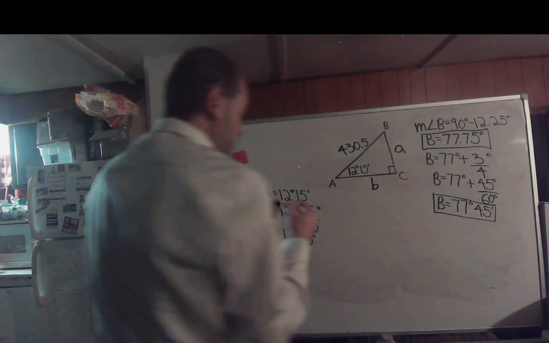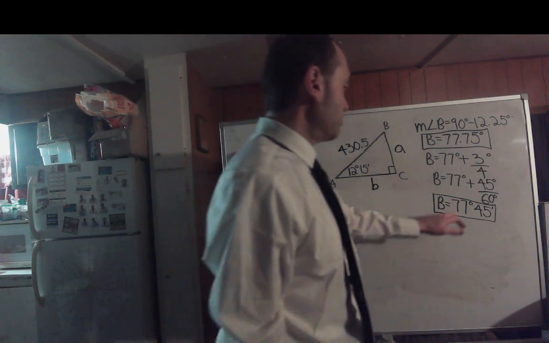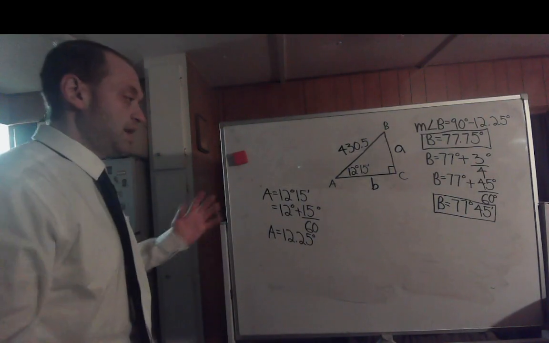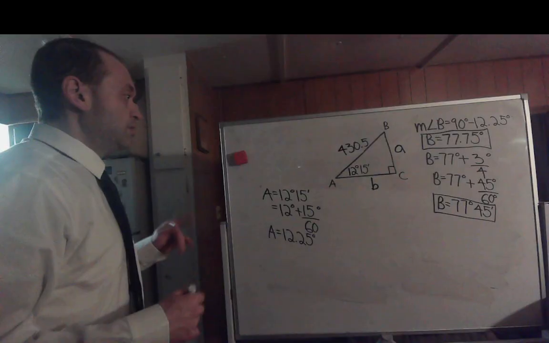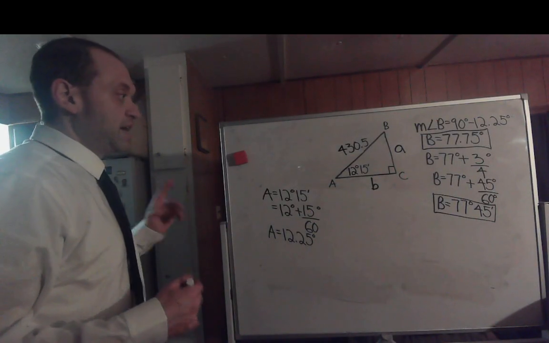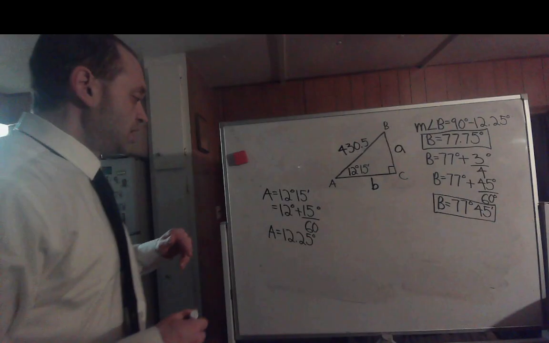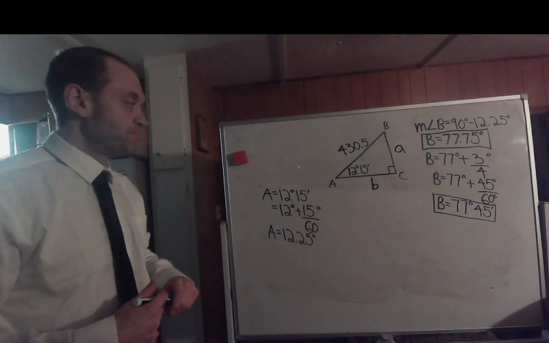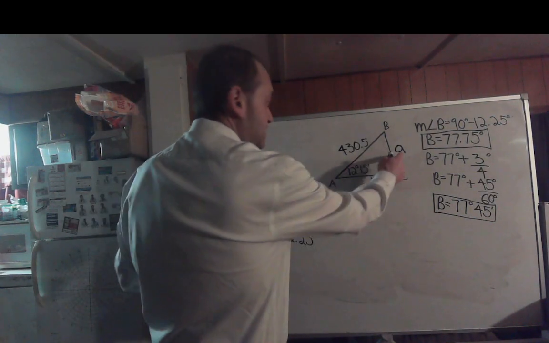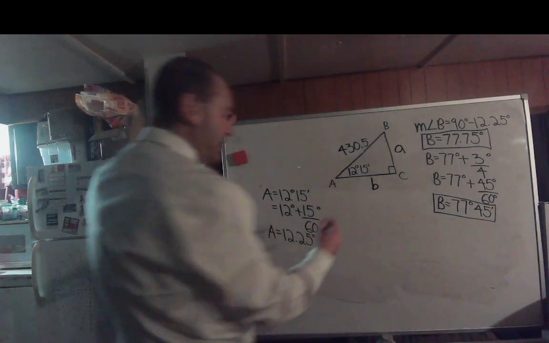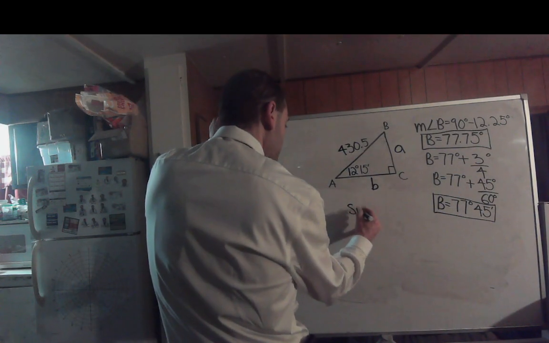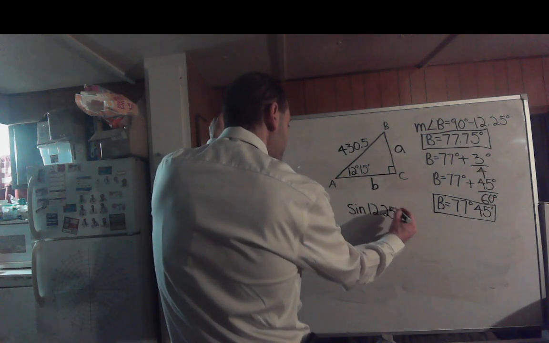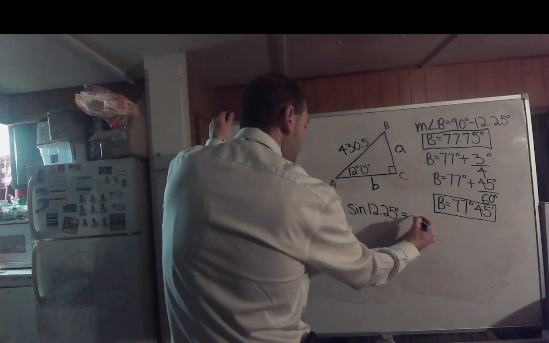So if you want to convert it to degrees and minutes, angle B would be 77 degrees and 45 minutes. Okay. Now, we can find the sides. So let's work with angle A as 12.25 degrees. We can use the sine ratio to find side A because the sine of that 12.25 degrees equals side A